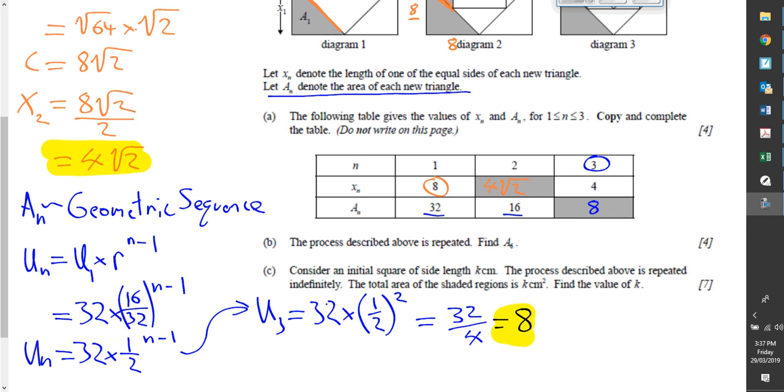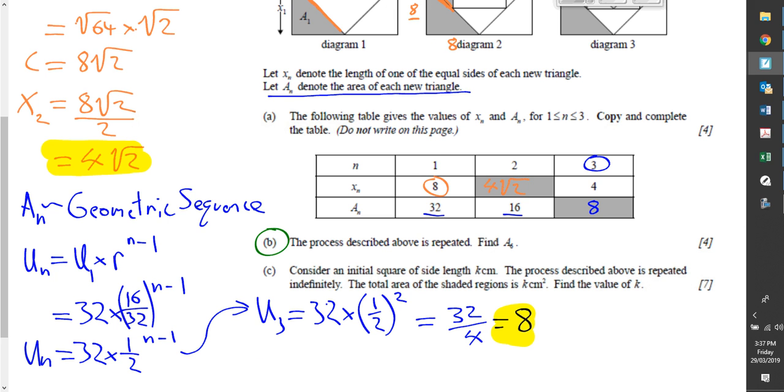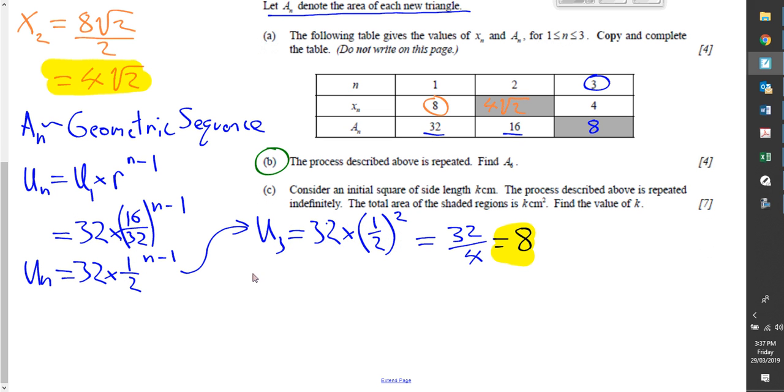Sorry, I said part C, I meant part B. We've done part A, so let's look at part B. The process described above is repeated. Find the 6th term, so A6, or the 6th area. We just do the exact same thing as what we did before because we found the general rule for this